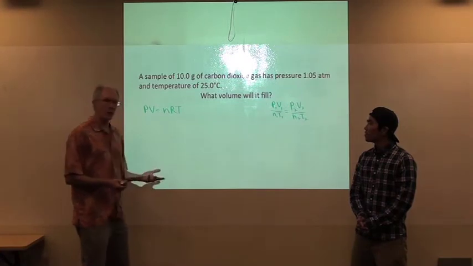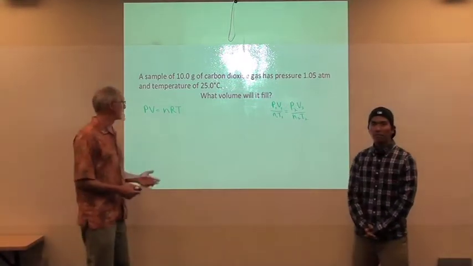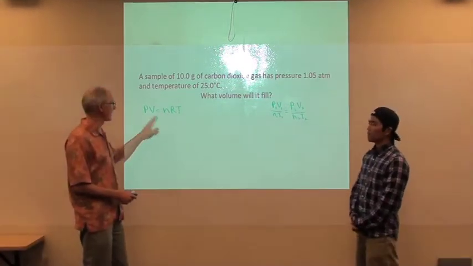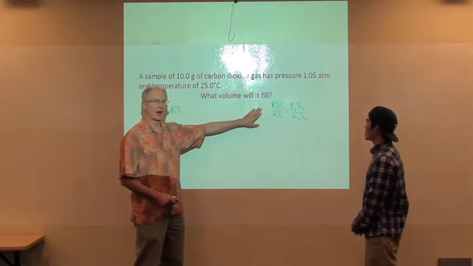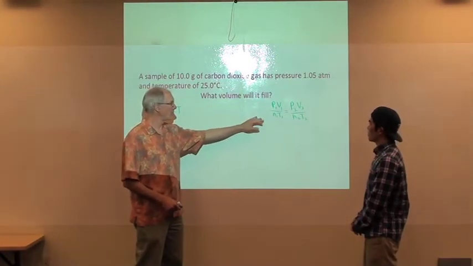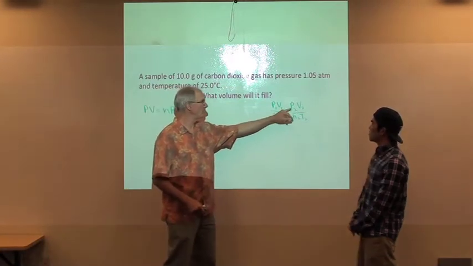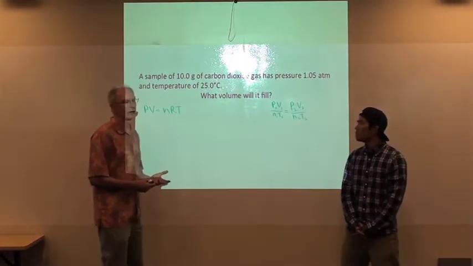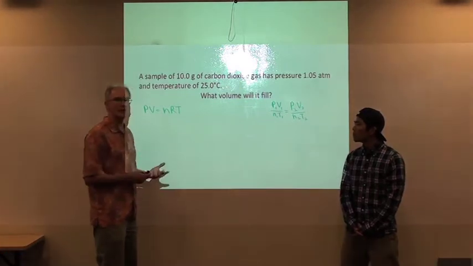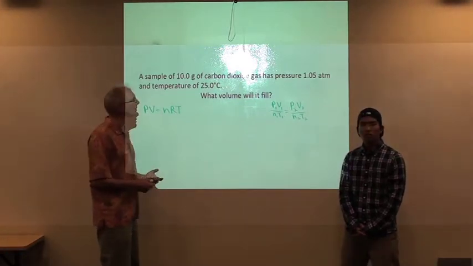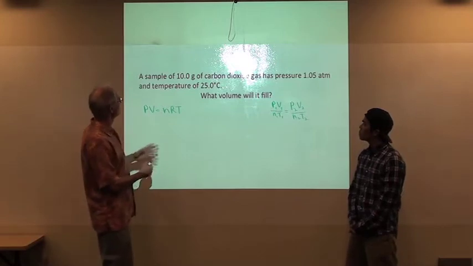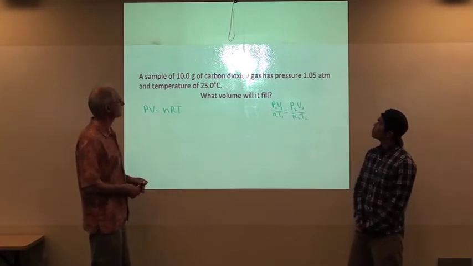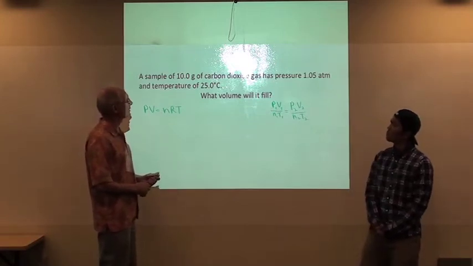So the two equations we learned about today were the ideal gas law, PV equals nRT, and then the combined form, where we have P1V1 over n1T1 equals P2V2 over n2T2. And one of the tricky parts is figuring out which one to use in which situation. Right? And so I read this problem sample: